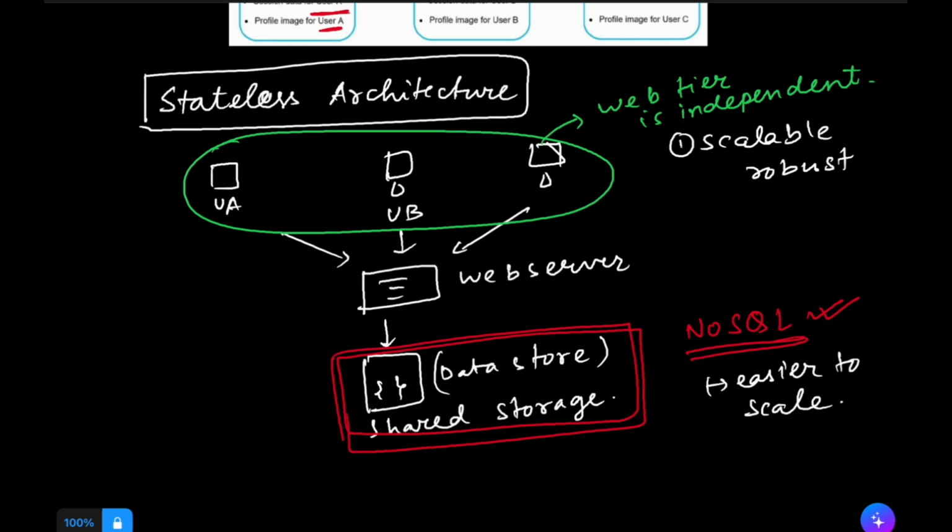So after the state data is removed out of the web servers, auto scaling of the web tier can now be performed very easily. They are reducing load on particular web servers, and we can introduce more web servers depending on the load, thereby redirecting the traffic to multiple web servers. So this is basically the overall advantage of using a stateless architecture, but depending on certain use cases, stateful architecture